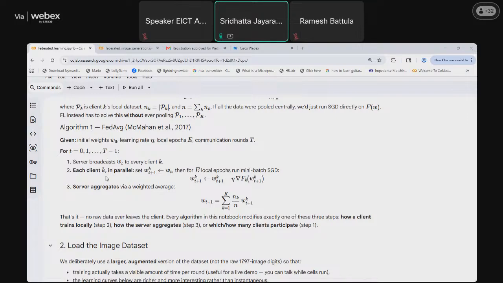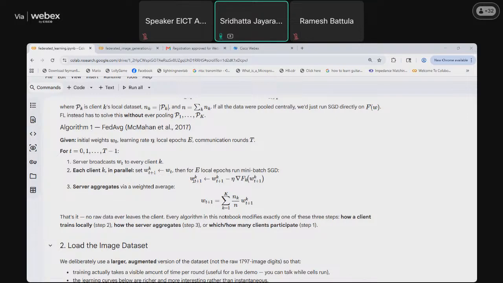Each of the K clients present will learn with a set of E local epochs defined, and then they will get updated, and the updated weights of the model in each local client will be shared back